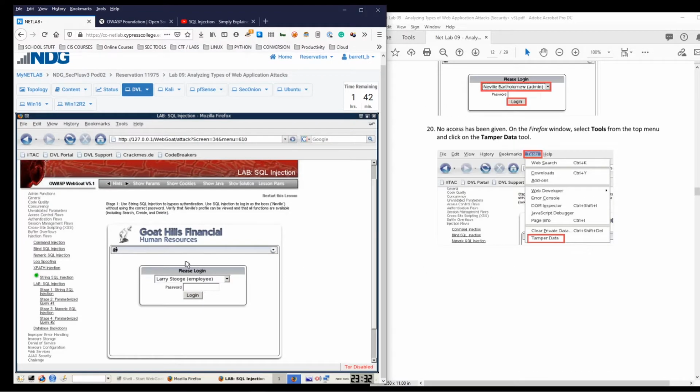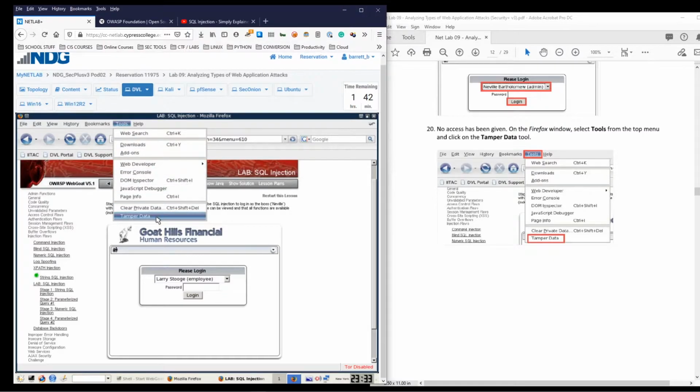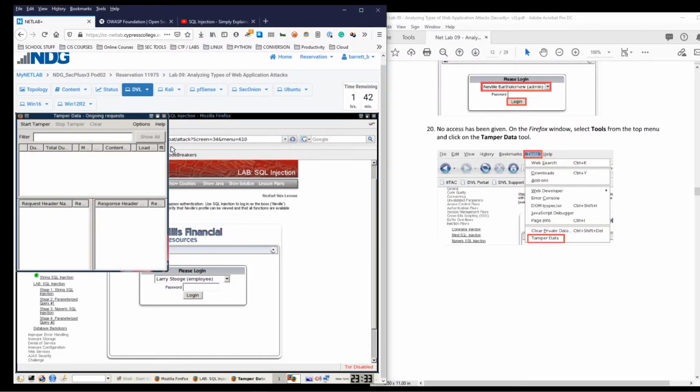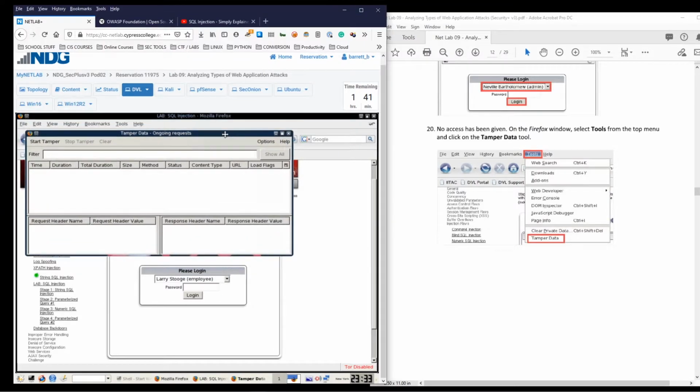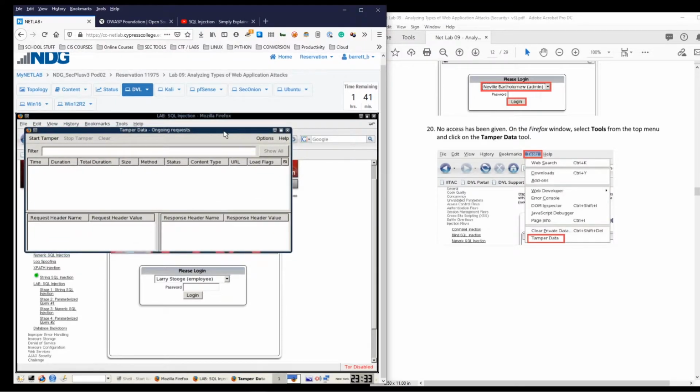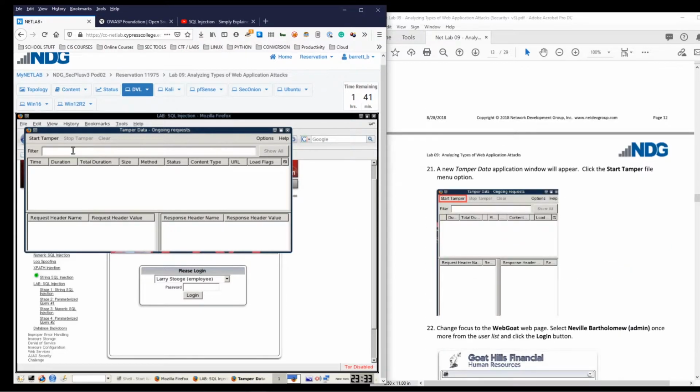Now, we're going to check out an extension that unfortunately doesn't exist anymore. It's been deprecated. I think because of changes in Firefox, it just no longer works. But essentially this is like an interception proxy. And you'll come to learn in web app hacking, a very popular way to do this is using a tool called Burp Suite. But essentially what we're going to do, we're going to intercept any traffic that's done on this